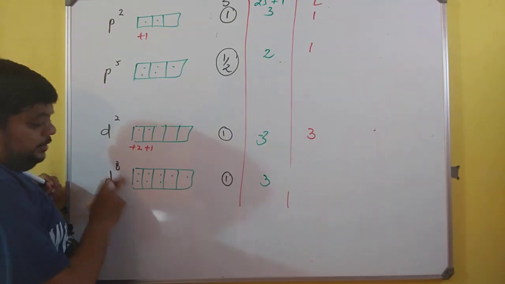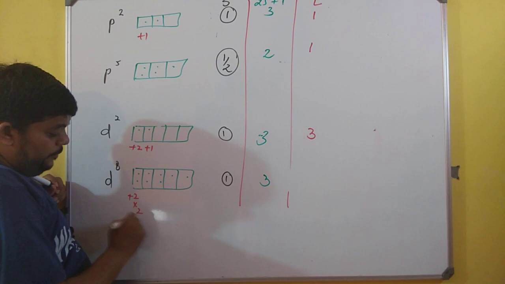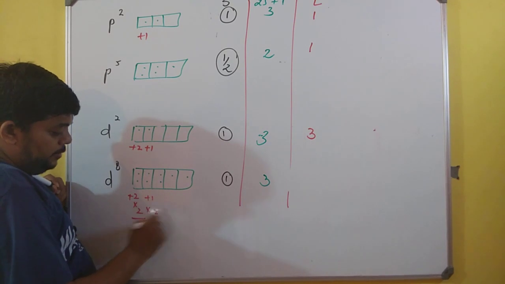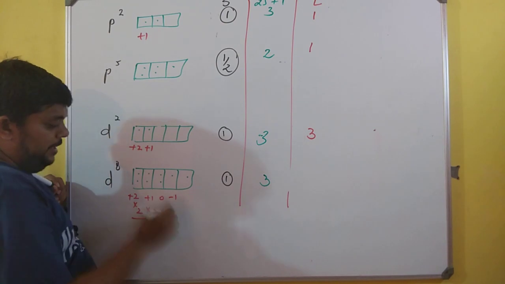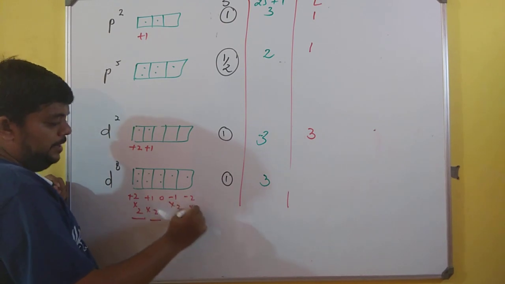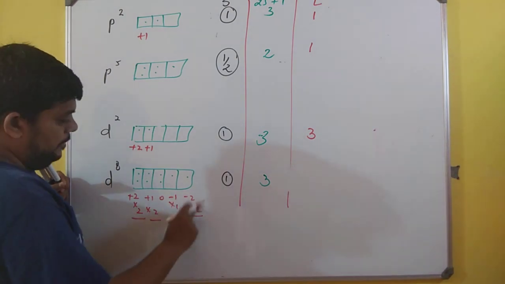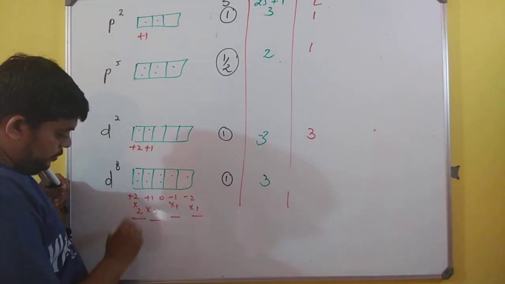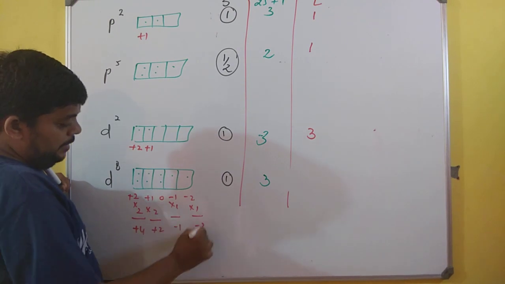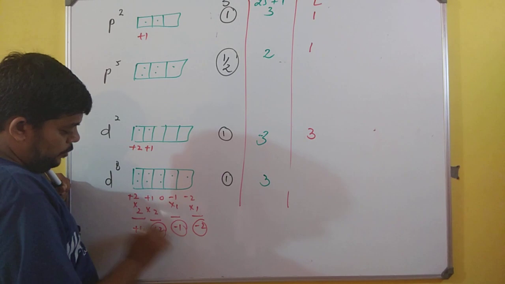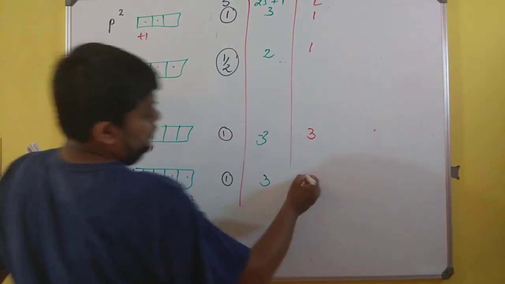And over here these two will make plus 2 multiplied by 2, plus 1 multiplied by 2, 0. So no need to mention. Minus 1 multiplied by 2, and minus 2 multiplied by 1, sorry, over here 1, because there is only one electron. So it will be plus 4 plus 2, that is plus 6, minus 1 and minus 2, that is minus 3. So solving this, I will just end up with plus 3. So over here I will write again 3.